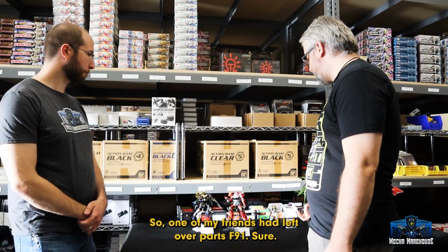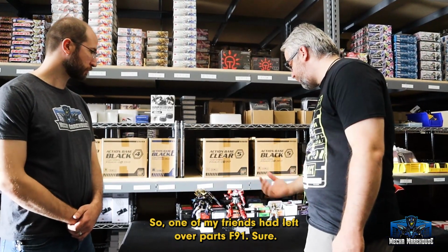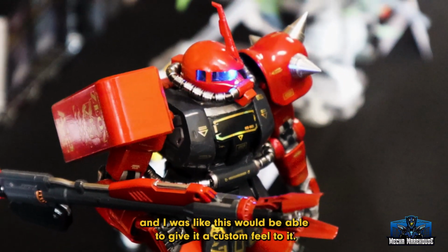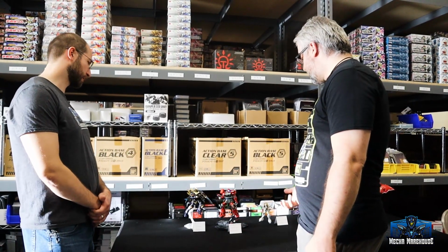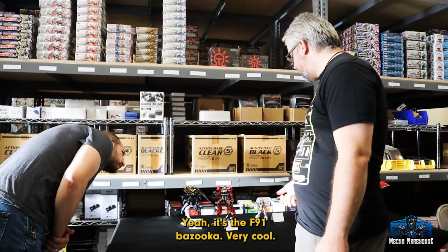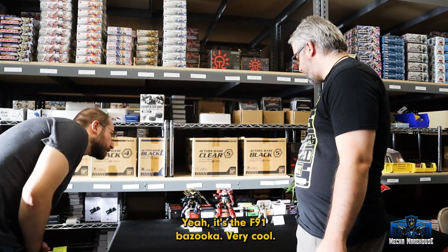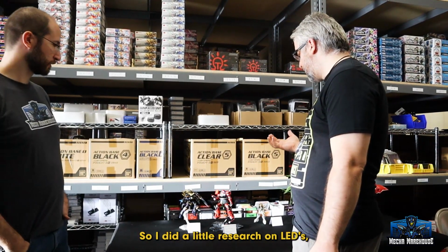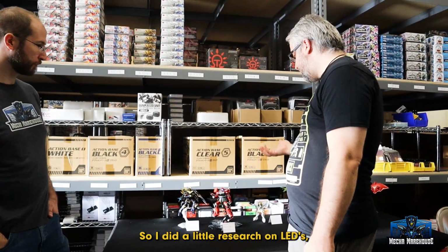So one of my friends had leftover parts from the F91. I was like, this would be ideal to give it a custom feel. So it's the F91 Bazooka. He just had extra parts left over. And I really wanted to upgrade my ability, so I did a little research on LEDs, how to do